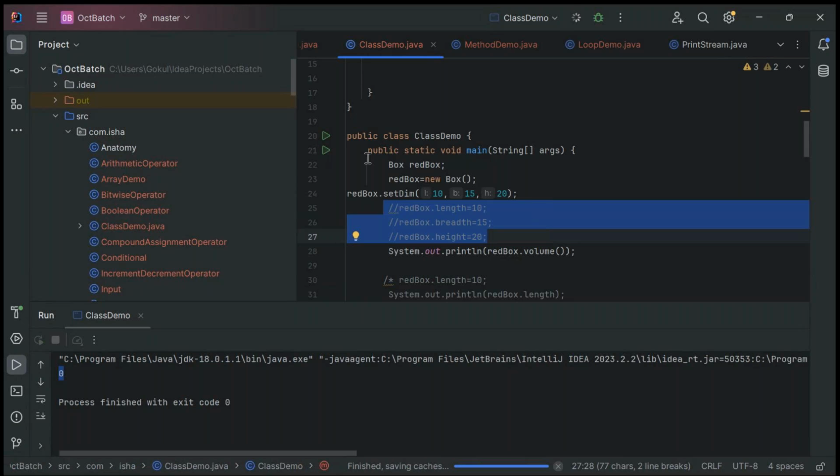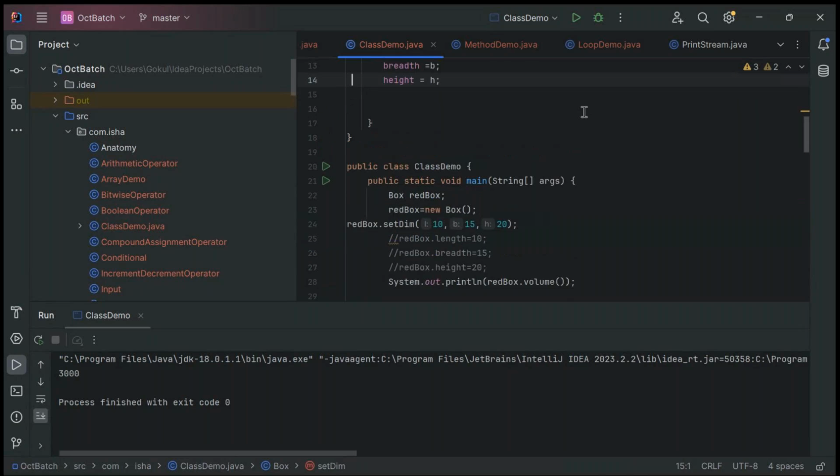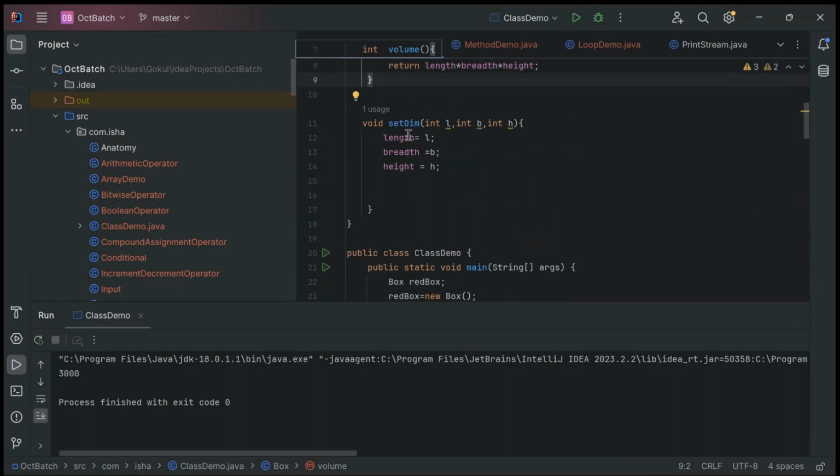Even now my volume would be calculated, because when I say set dimension, it is setting the value like L, B, H for the red box object, whatever arguments I'm sending. That is set and I'm using it. So there is no difference in the output which I have received. Okay,